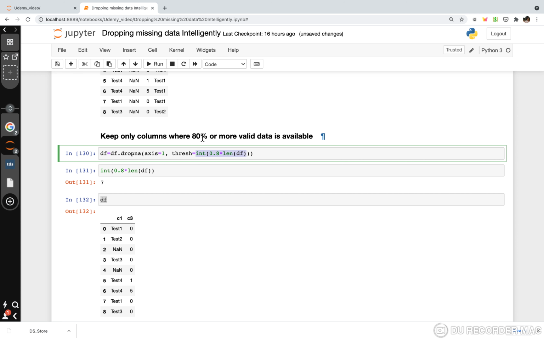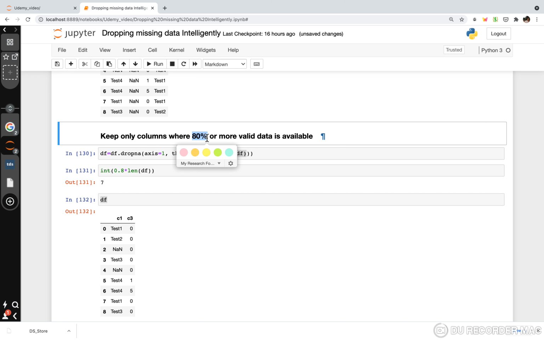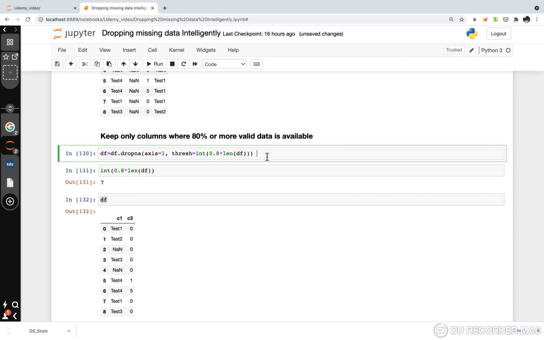It's basically saying that if more than 80% of values are valid, then keep it. Otherwise, drop that column. In other words, delete all the columns which have 20% or more missing values.